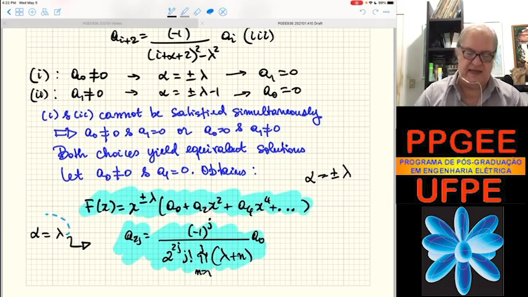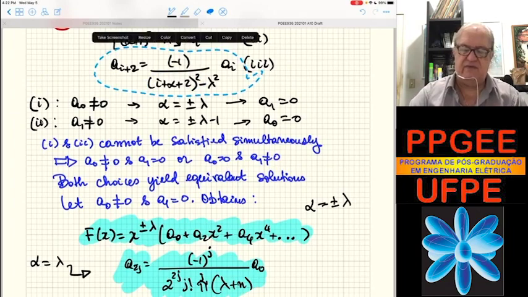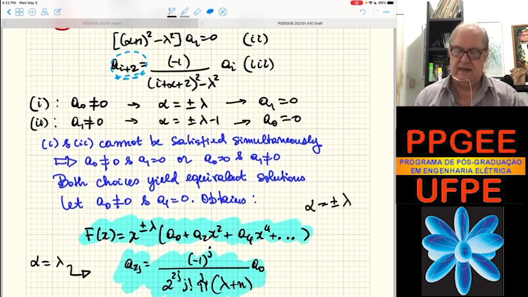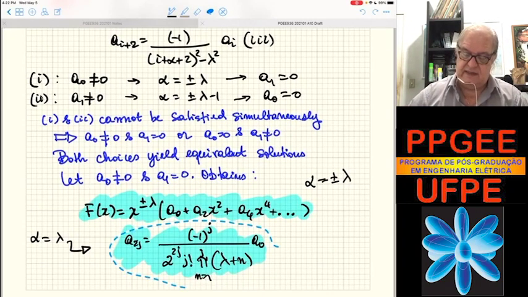And if we set alpha equals lambda in the recurrence relation, and we do the cascade of this recurrence relation from a given coefficient, because you see, these are all even orders. It doesn't mean that the power is an even power of x, right? So I can just do that. We're going to have this